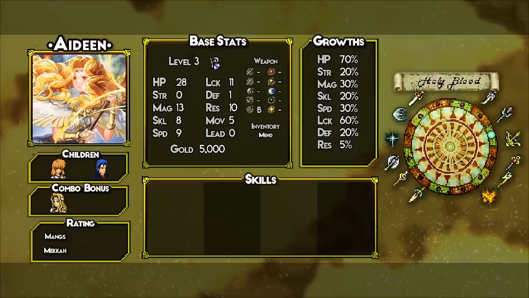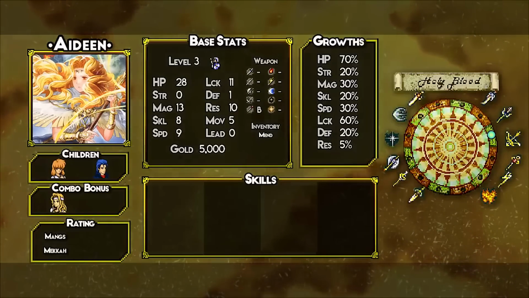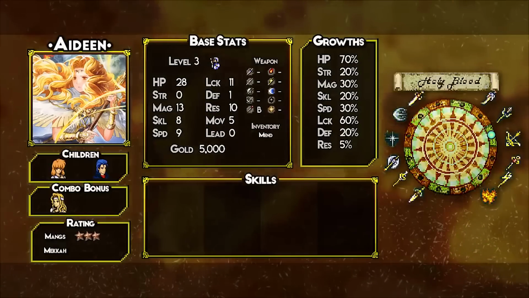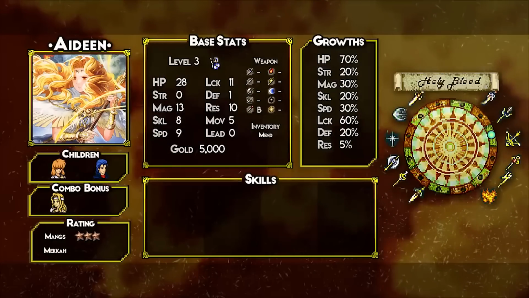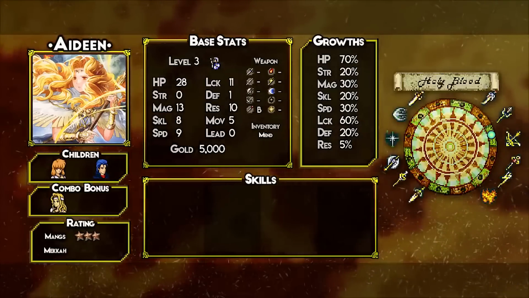A really important unit. Again, one healer is not quite enough to cover our large army, so it's always nice to get another. I rate Aideen 3 out of 5 stars. She's just a really good unit. And she also is important for pairing purposes, of course. Okay, so not counting things she does as a pair bot, because I think that's a separate kind of